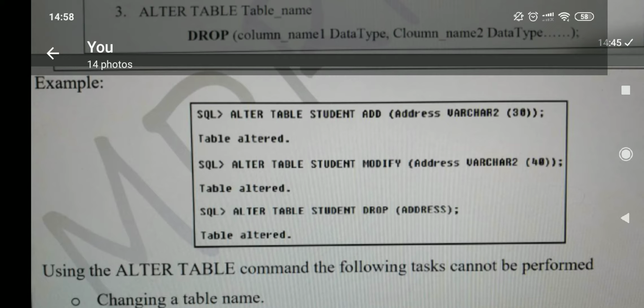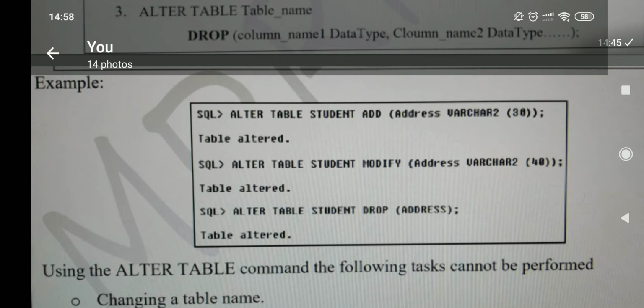You need to remember that every SQL query we call, in C++ we call statements, whereas in SQL we call it queries. Okay, and "table altered" appears when you give alter table student add address varchar2(30) to the Oracle software, our lab we are using Oracle 10.2.